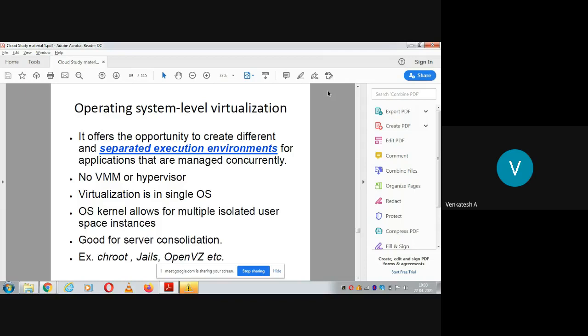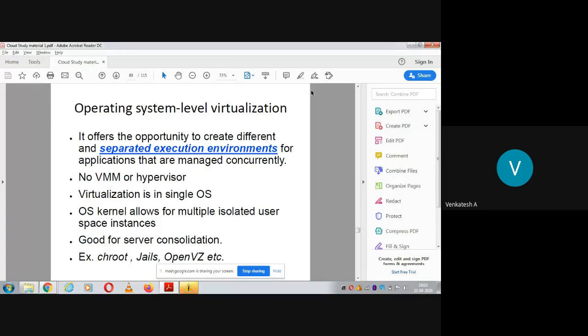And here there is no VMM or hypervisor. A hypervisor is not required, because you are configuring the OS such that it creates separate address spaces exclusively for each application running on your OS.